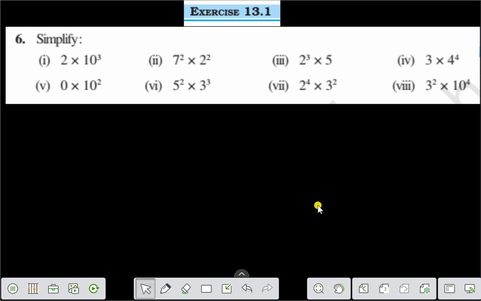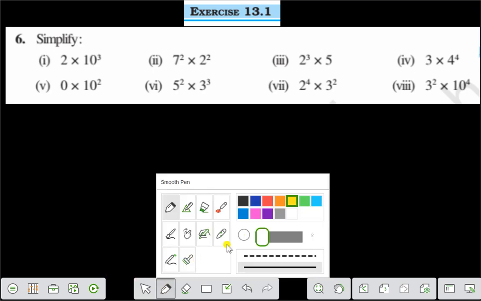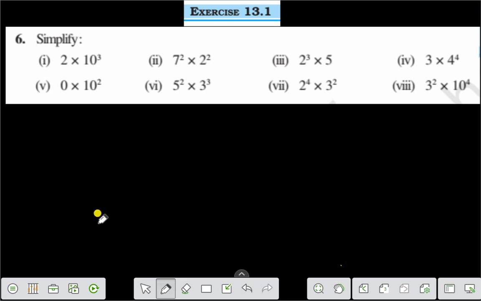Hello everyone. Today we shall discuss exercise 13.1 question number 6. Question number 6 is simplify. You have to simplify all these questions. Number 1 you see here is